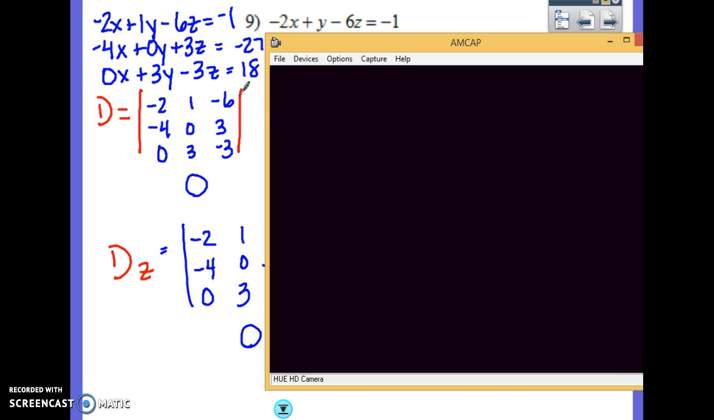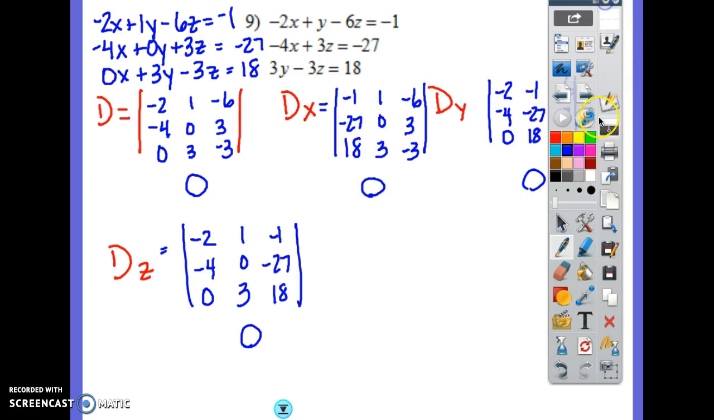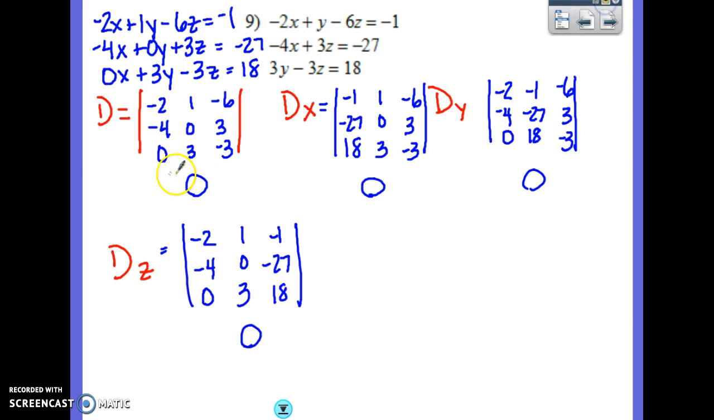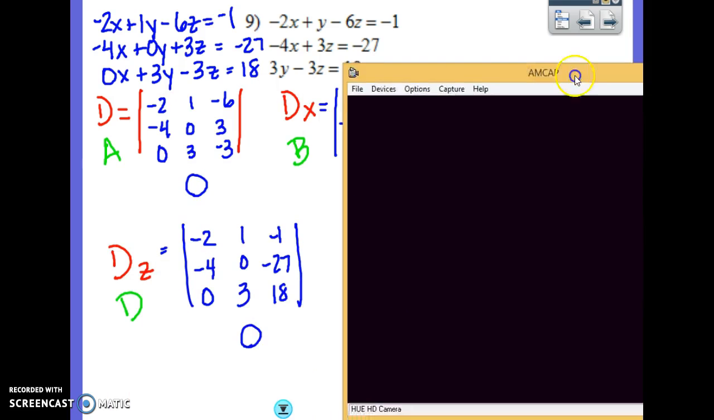Now up here I'm going to make myself a note that I'm actually writing these down so that I'll know which one is which. This was matrix A. I'm about to put this in matrix B, and we'll put this in matrix C, and this in matrix D, just so that I'll be familiar with where I put these things. So matrix B,